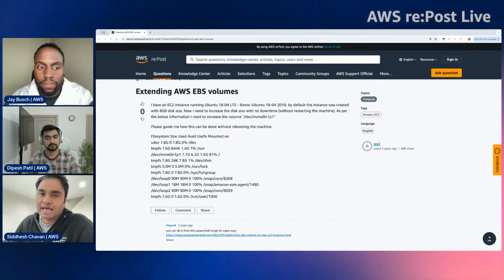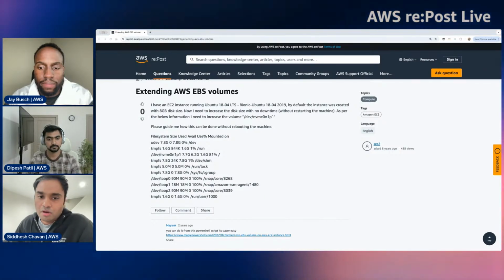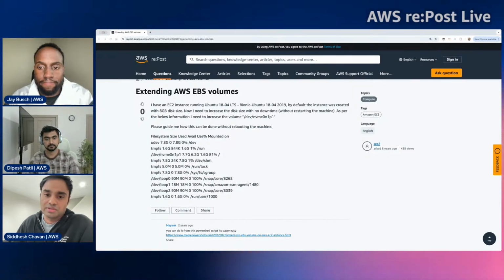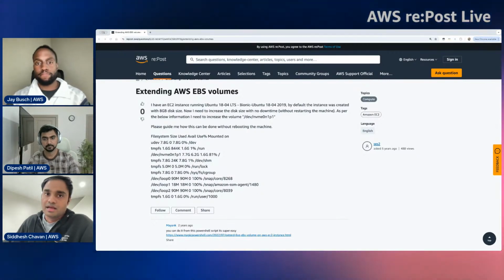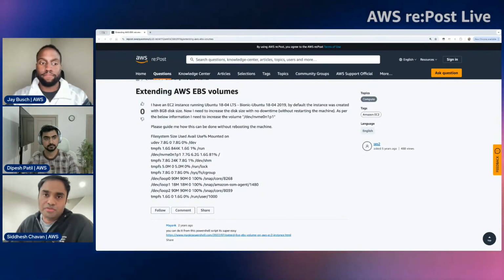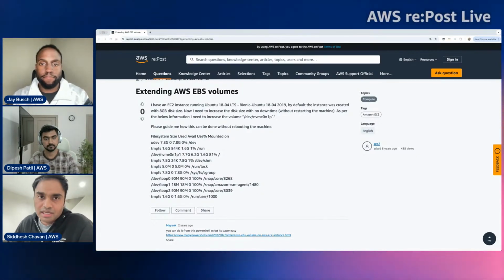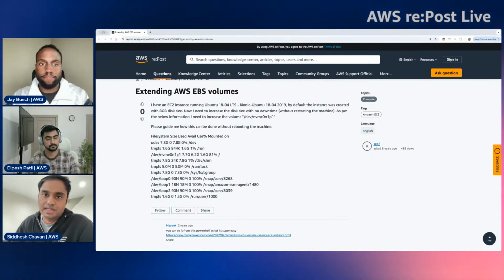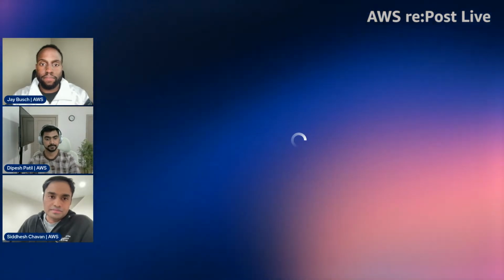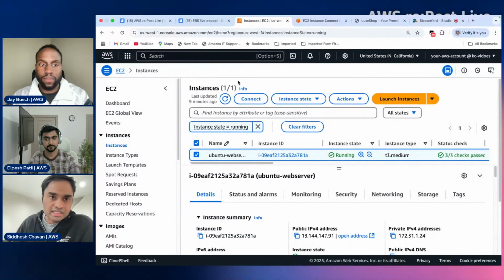So let's take an example of a website which is running on an EC2 instance, and let's see some of the behavior, like when my system is running low on space, how does that website behave. So if we can jump onto my screen share,